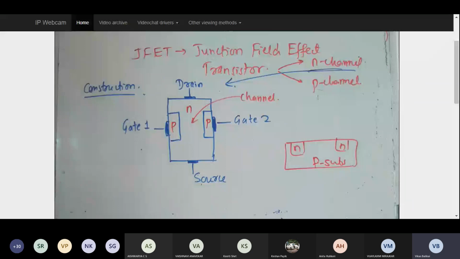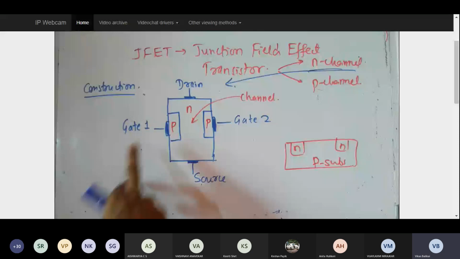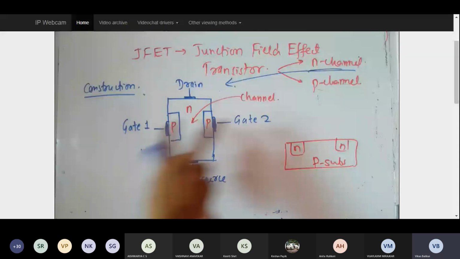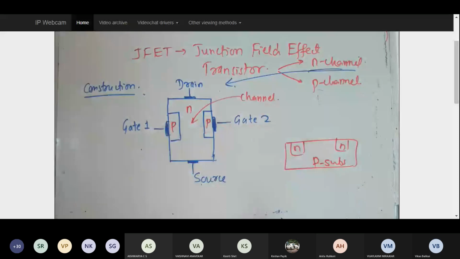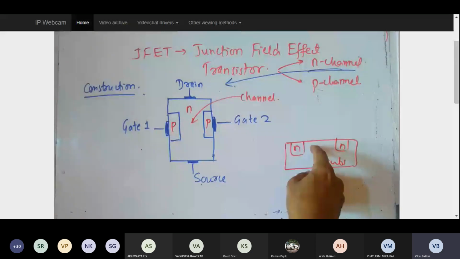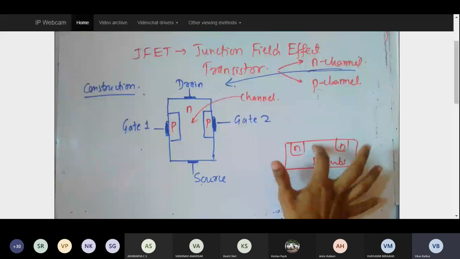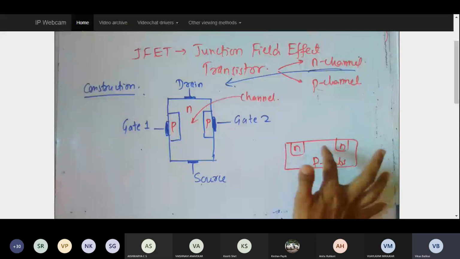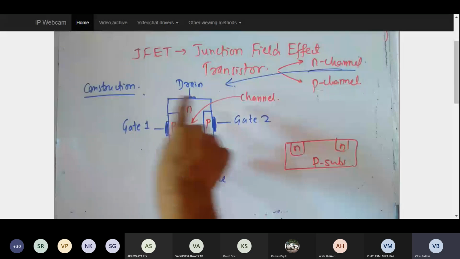So construction-wise, this is not that difficult to understand. Even working-wise, it is not very difficult. When I start applying some voltage over here, you will see what is going to happen to the channel. Now tell me, is the channel already built in? Yes, inbuilt, because I only showed you this is the channel. Unlike the case in MOSFET, where I never showed you the channel during construction, and only showed it when it was working, when I say there is a formation of channel. But here I have not done that. When I showed the construction, I told you the channel is made up of N type of material, which means there is an inbuilt channel.